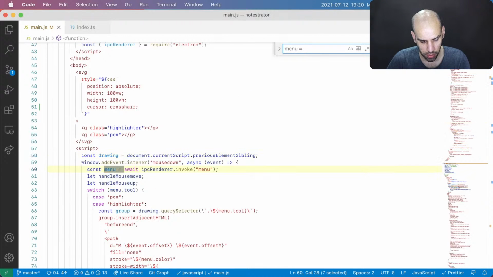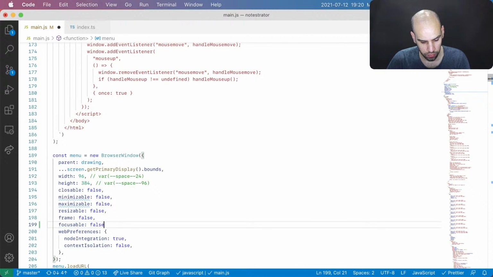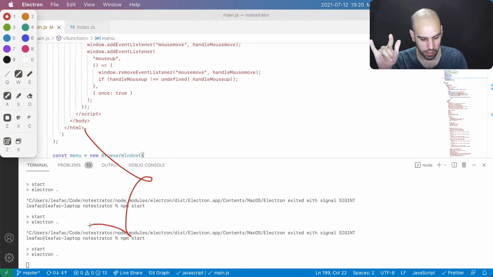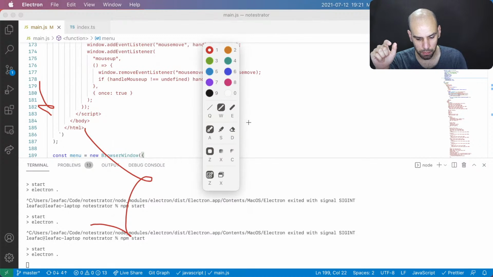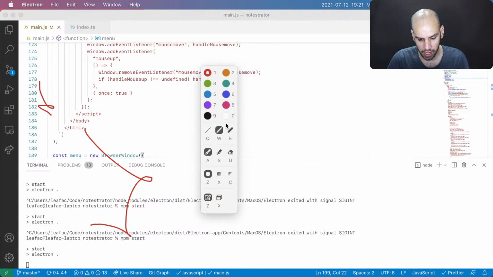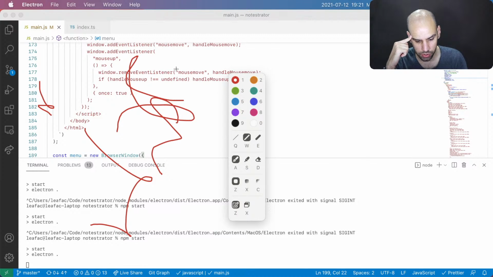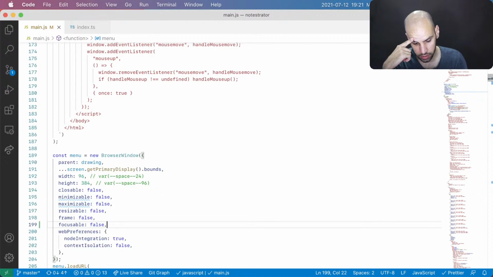Let me go to my menu window and make it focusable false. I want to do that so I don't have the dichotomy of where is the focus. And I can still move a window that is not focused, but the shadow doesn't change when I am focusing on the window. So now I cannot send keyboard shortcuts, not even when I have the window selected, because it will never receive focus. And my custom cursor works just fine. But then I need to forward all the keyboard shortcuts